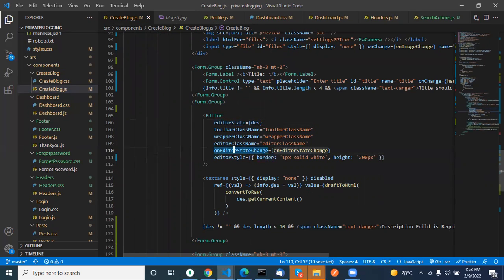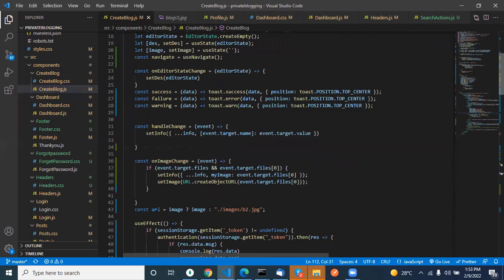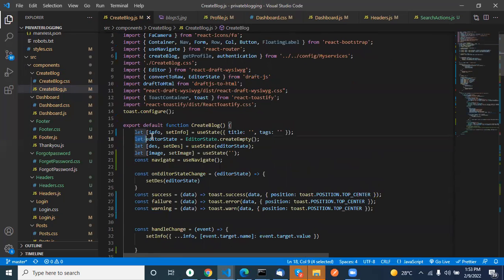Here, on editor state change, we are doing one functionality in the onChange function. First, I have given a const variable for editor state, but it is empty. Then this editor state I'm passing to useState, which I made for description and setDescription, and passing this empty